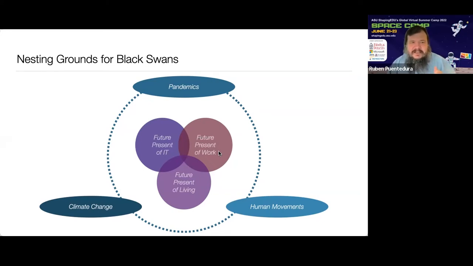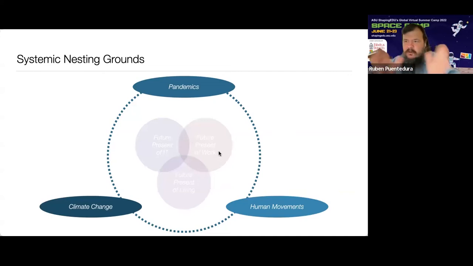All right, but let's look at each of these now in greater detail. The other loop is what I'm calling the systemic nesting grounds. These are things that exist as large-scale systems that are going to be with us as definitional large-scale systems for at least through to the end of the century, okay? I'm not talking about the sort of thing that's going to be over next year or the year after. I'm talking about things that are going to be part of the landscape, or that are going to change how they are part of the landscape, and can be nesting grounds for black swans through to the end of the century.